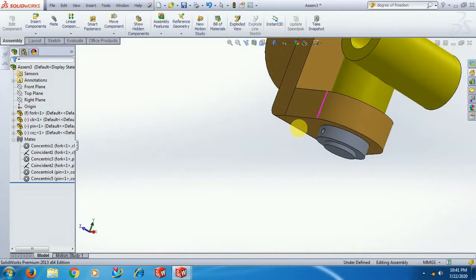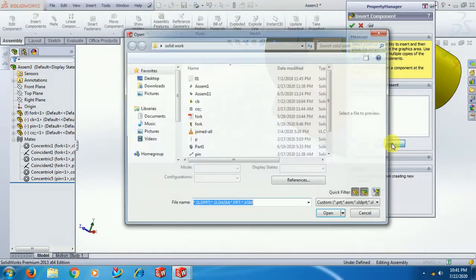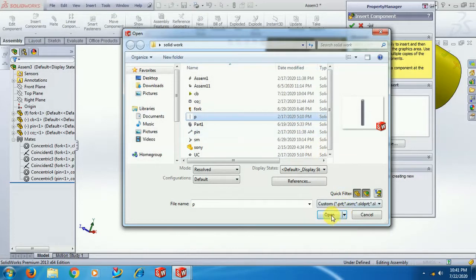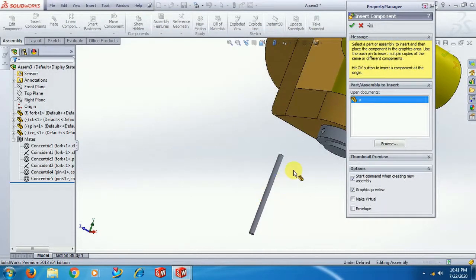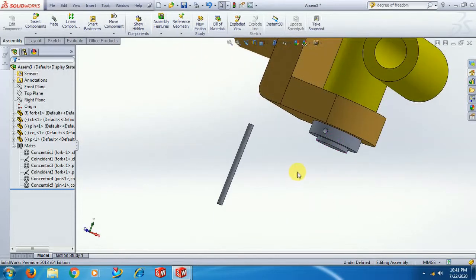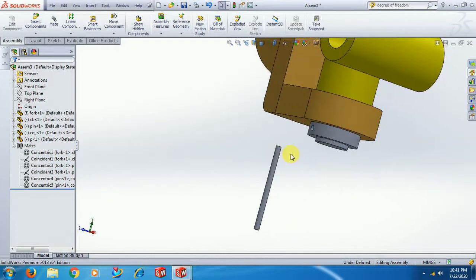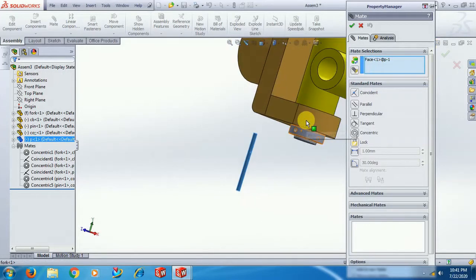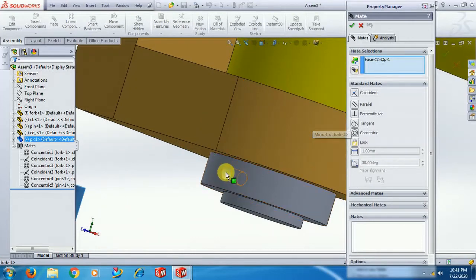Now another pin, a smaller pin, a tap pin. Go for insert component, browse, same thing you have to do. Place somewhere. Mate this cylindrical face and the hole face, concentric.